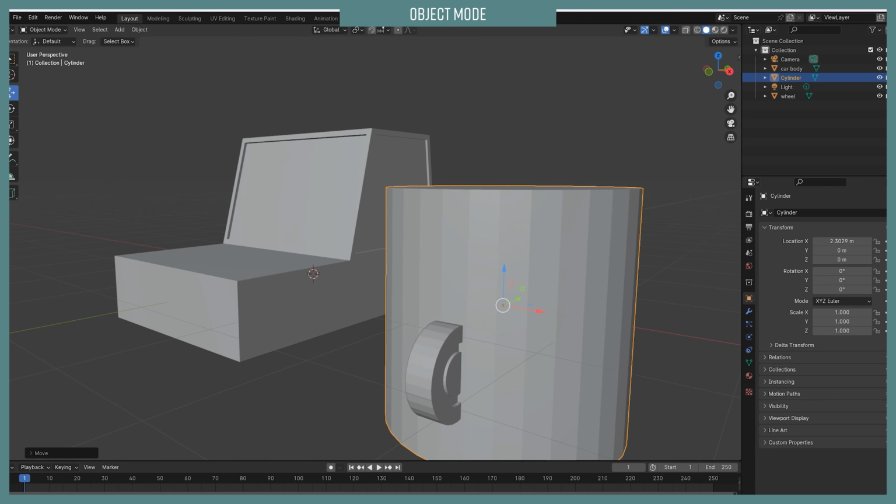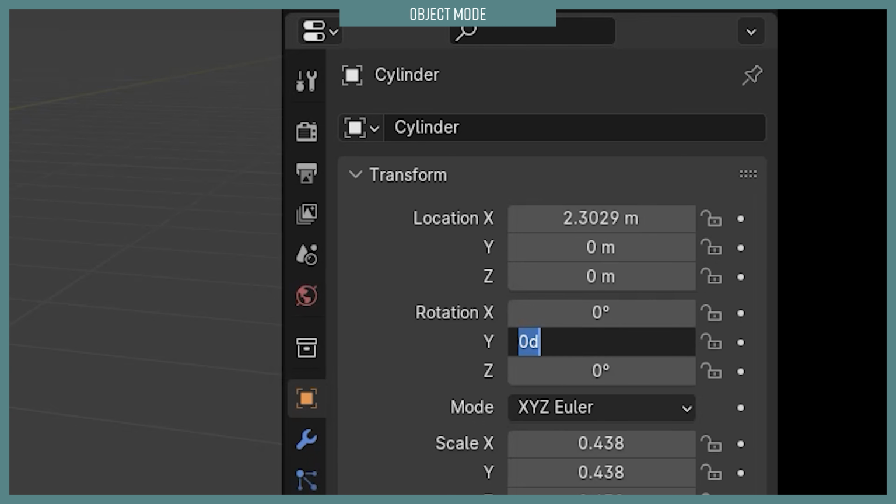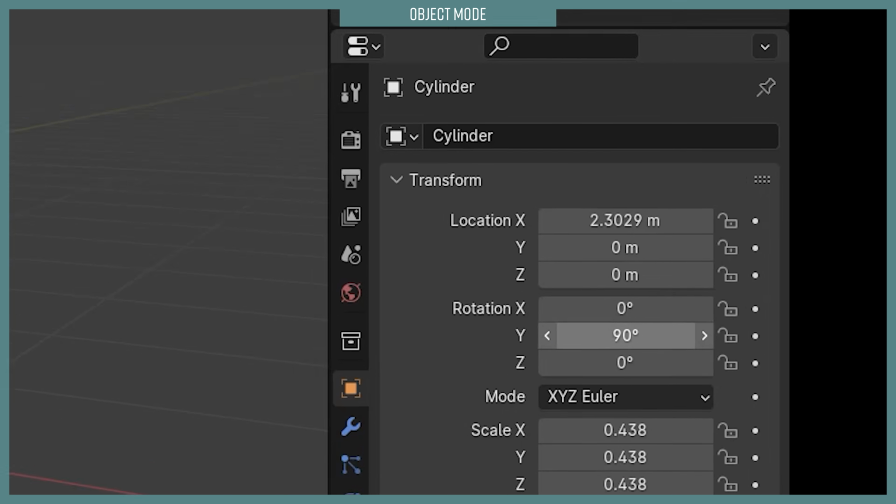I'm gonna go ahead and drag that out of there. I'm also gonna scale it down to about the size I need. I might scale it again. We need to rotate it. I already know what I'm doing, so I'm just gonna go to my y-axis, type 90, and hit enter to